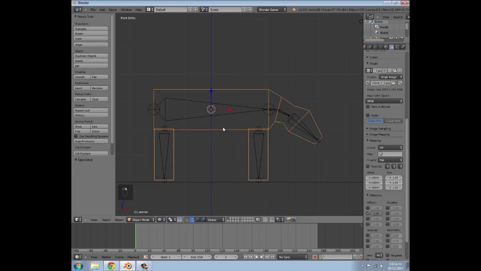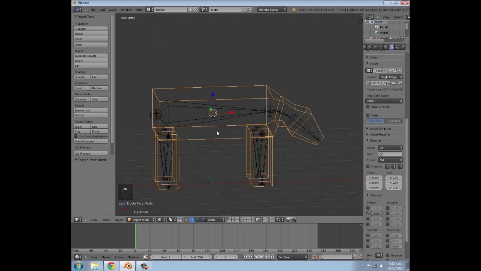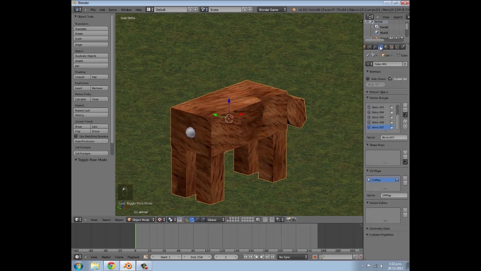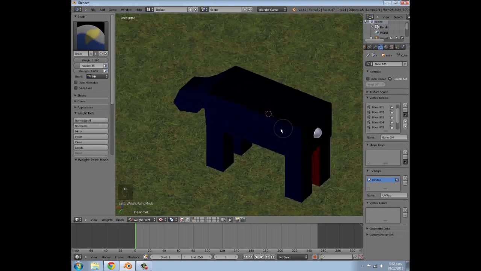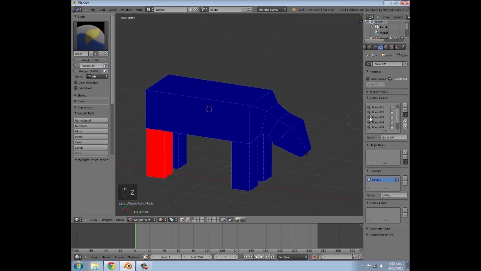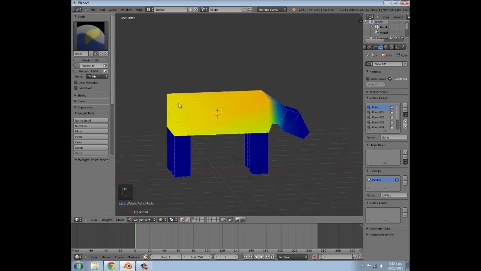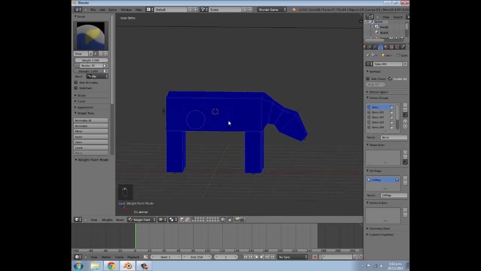Then what we're going to do is, we'll go out of pose mode, turn to object mode, select our animal, and go into texture view if you like. Then we're going to go into the triangle here, or the vertex groups, and select weight paint. We can't see anything, so we're going to press Z to go into wireframe, and there we go, that's the first one. So that's our big bone, which we don't actually need, so we're going to turn that weight to 0, and we're just going to paint blue all over everything,